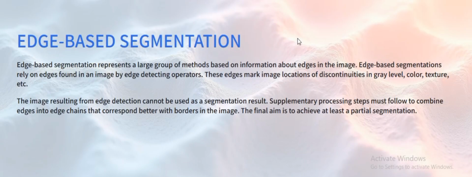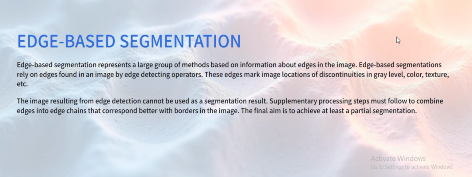Next, we are going to discuss edge based segmentation. It represents a large group of methods that use information about edges in the image. That is, we are going to segment the image based on the edges that are present. In thresholding, we were considering the overall information of the image, and based on that we used different types